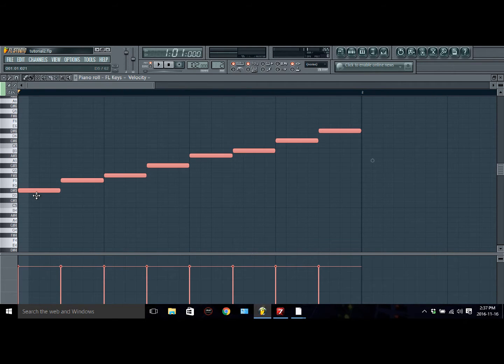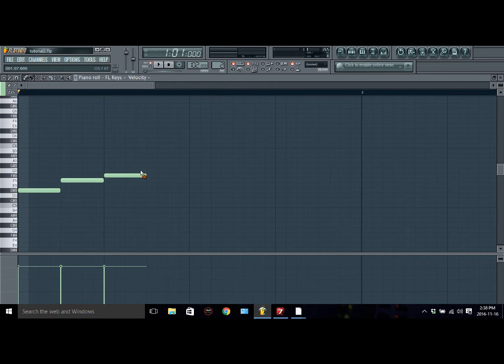D minor or D sharp minor. So that works with any key as well that you want to build a minor scale with. So basically with this, all you have to remember is that A minor is all the white